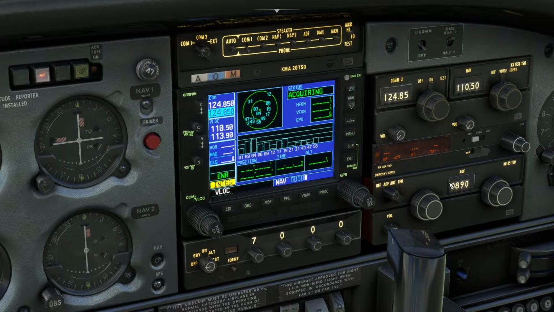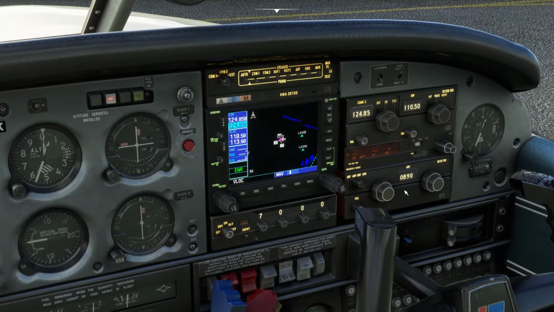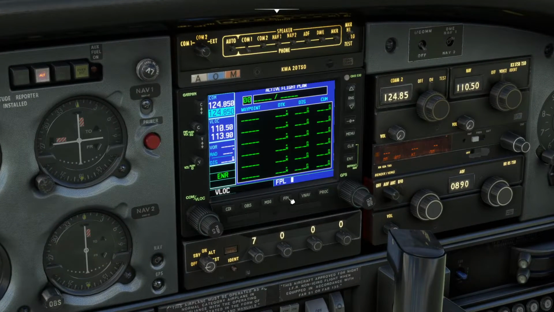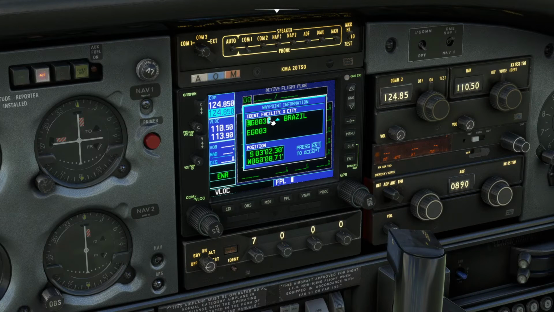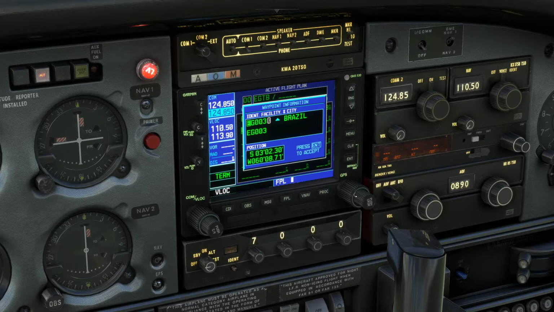The nav radio is on over here, although we will be using this one, I guess. If we use nav, we'll probably use GPS to make it nice and simple today. I've looked at nav radios on the other arrows, so it might be nice actually to do a GPS route. So we're going from EGTB, which is Booker, enter, and we're going to go via, actually we'll put the vias in afterwards, then you see